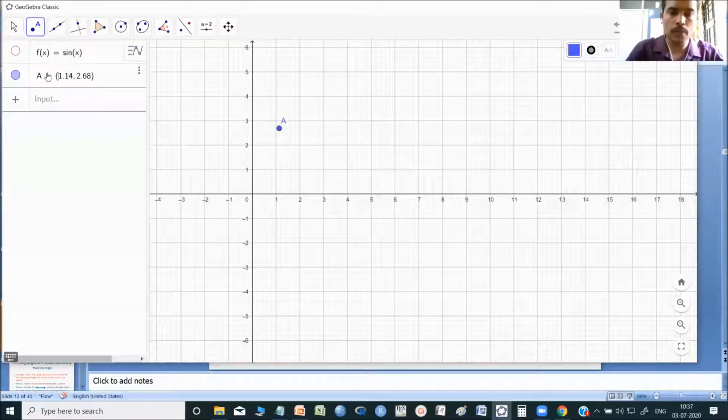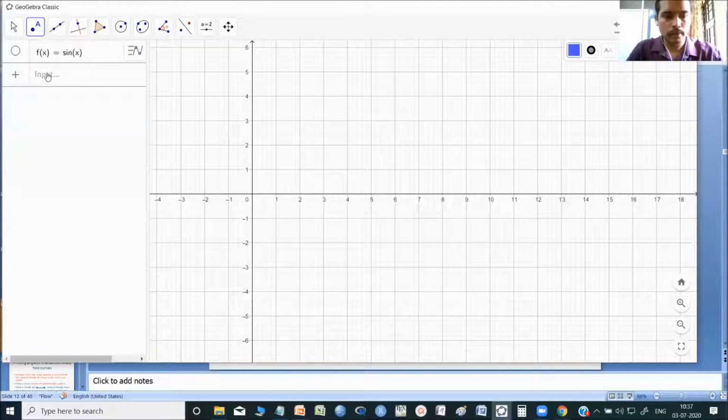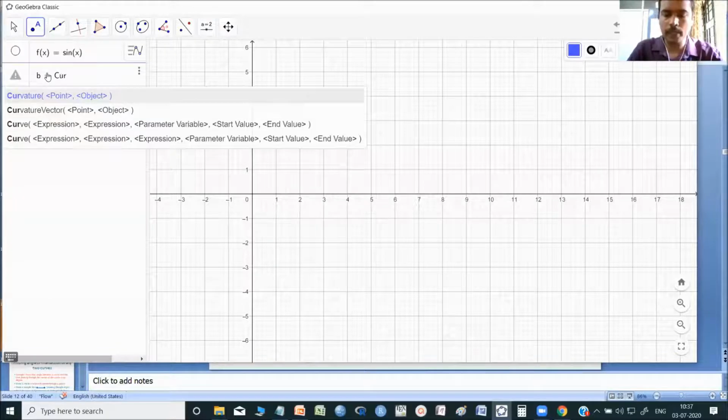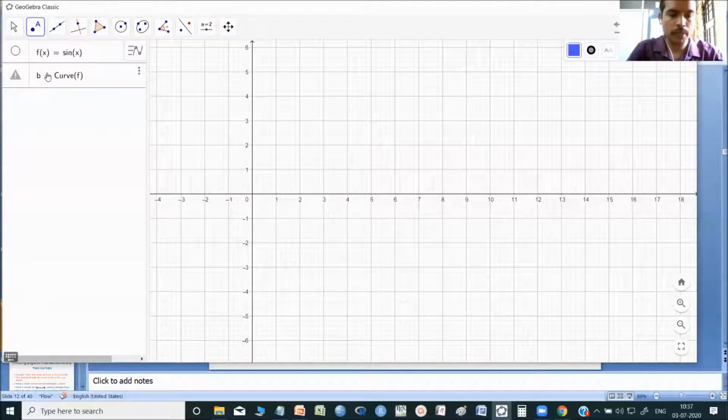I'll take b equal to curve, f of t cos t, comma, f of t sin t.